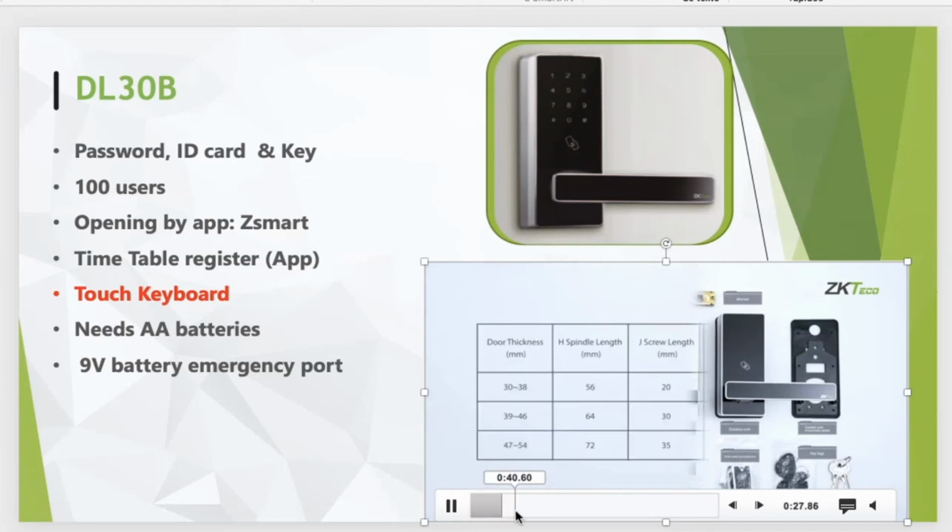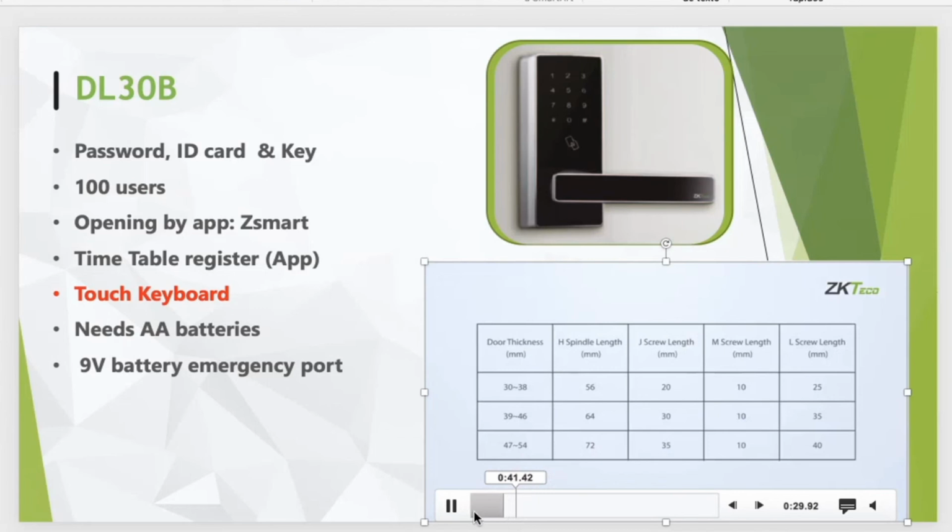You have all the accessories that you need to open the door. We also include in the package a lot of different types of screws. So depending on how big your door is